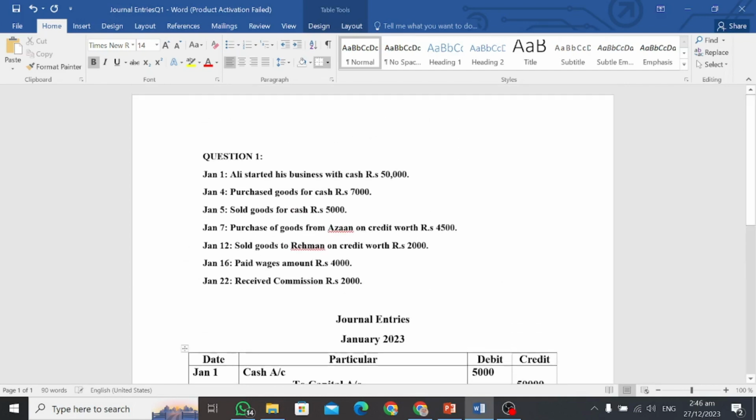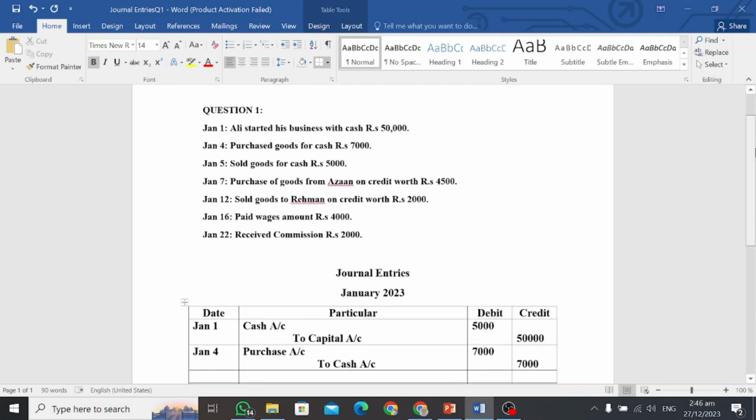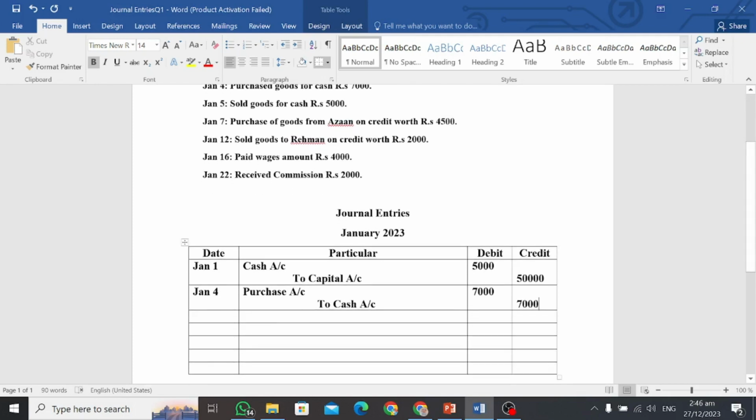Let's see the next transaction, which is January 5, sold goods for cash rupees 5,000. Now goods are decreased as we have sold them, but in exchange we received cash. So the value of cash is increased. So cash account will be debited and the account regarding goods is sale account, which will be credited as its value is decreasing. So we will write